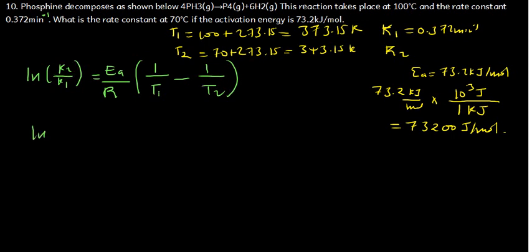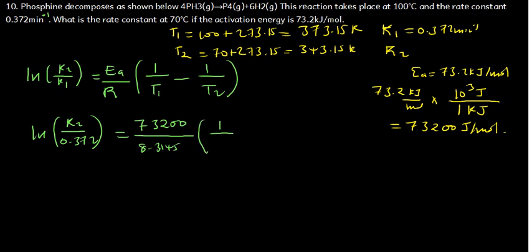So this is going to give us natural log of K2, the second rate constant, which is what we are trying to find, over K1, which is 0.372. And the activation energy here, 73,200, divided by the universal gas constant that we use here, 8.3145, multiplied by 1 over the first temperature, 373.15, subtract 1 over the second temperature, which is 343.15. This will give us natural log of K2 divided by 0.372 being equal to